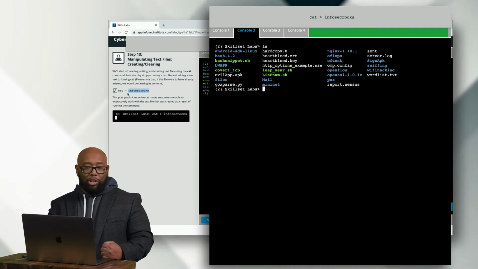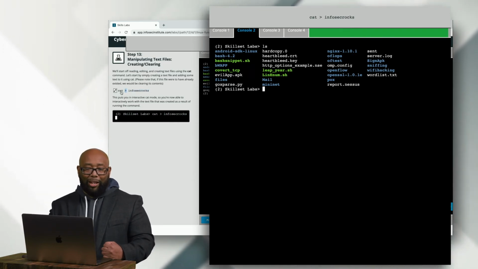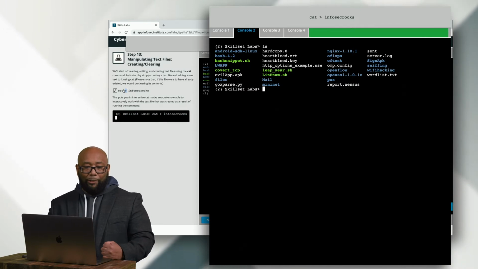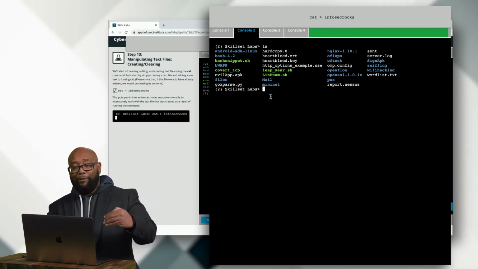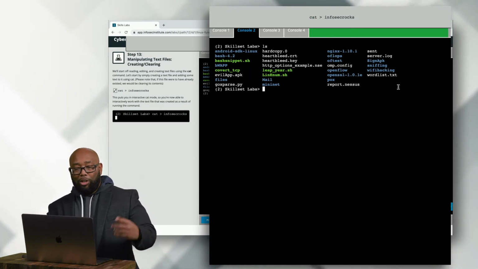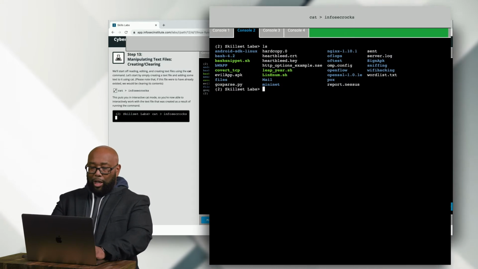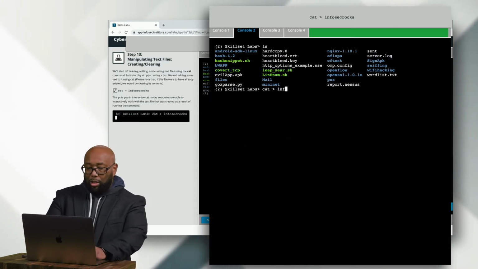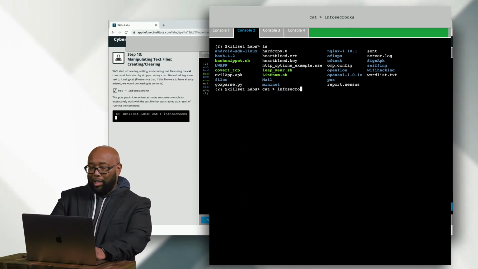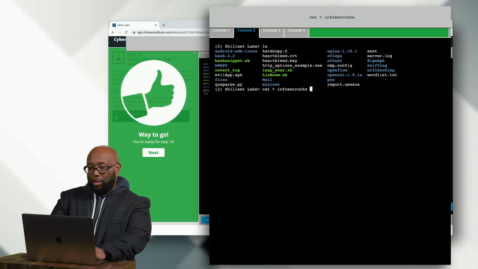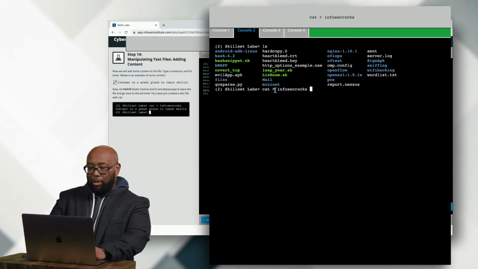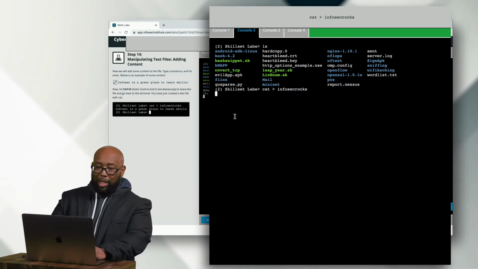What this command is doing, by using that greater than, is we're saying, hey, cat command, create a file named Infosec Rocks and put me in that file so I can put some data in it. So notice no Infosec Rocks up here right now. So if I go ahead and do cat Infosec Rocks like it says,